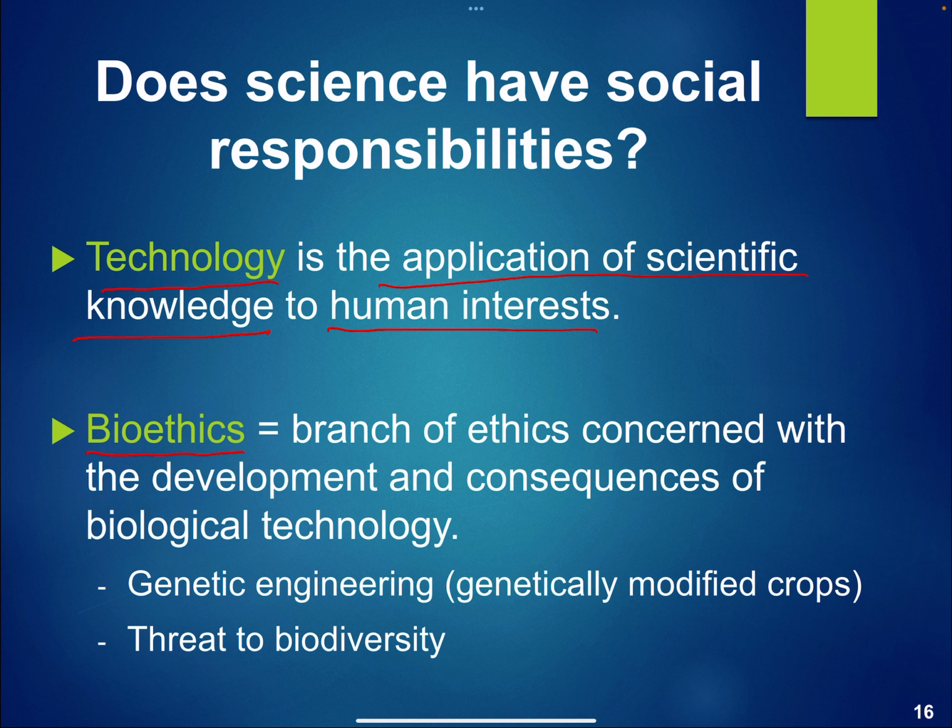What is bioethics? Basically, it's the branch of ethics that is concerned with the development and the consequences of technology in living systems, right? Today, we use very much what we call genetic engineering, for instance, to design genetically modified organisms, right? When we talk about genetically modified organisms, GMO,